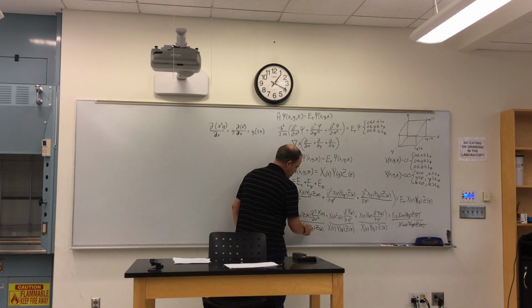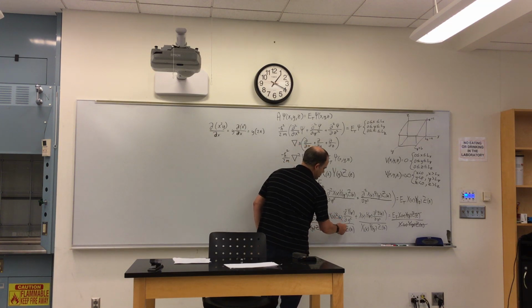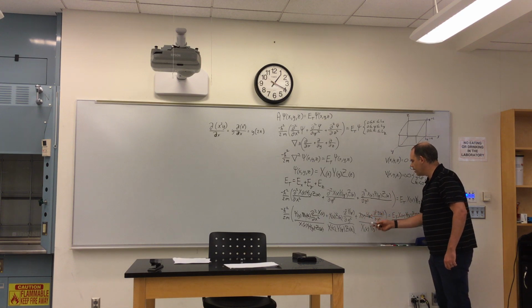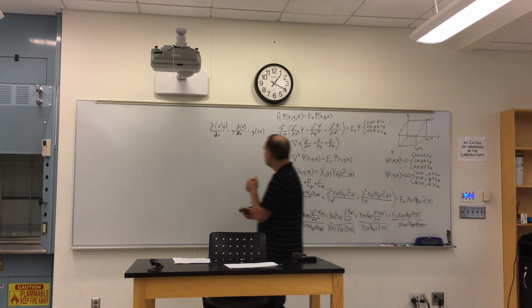This y cancels out that y, z here cancels out that z, this x cancels out that x, that z cancels out that z. X and y cancel out x and y. So what we're left with